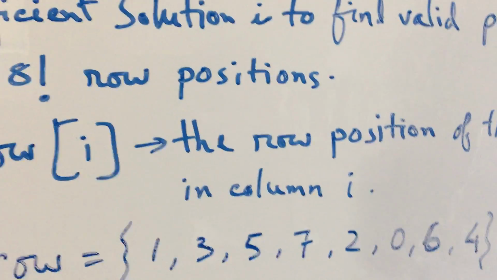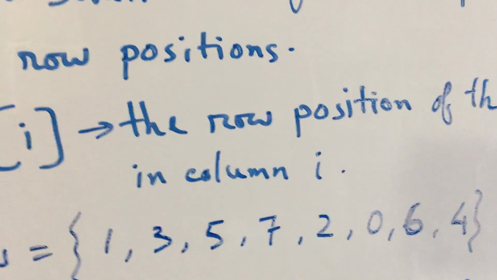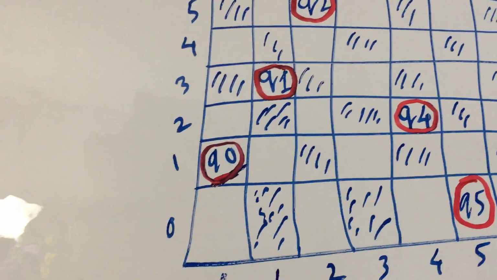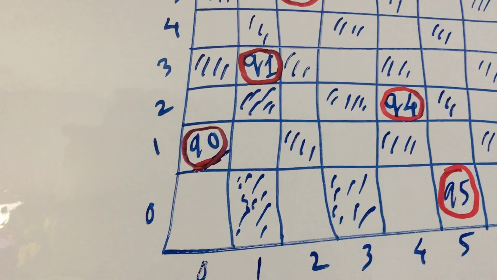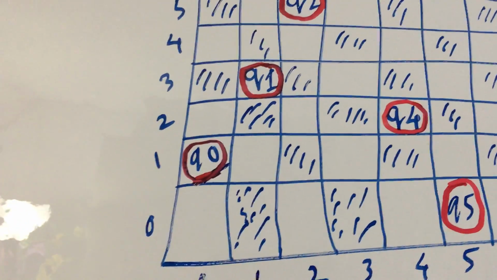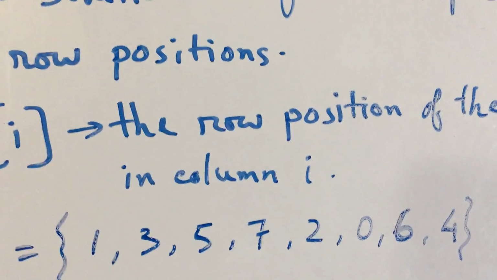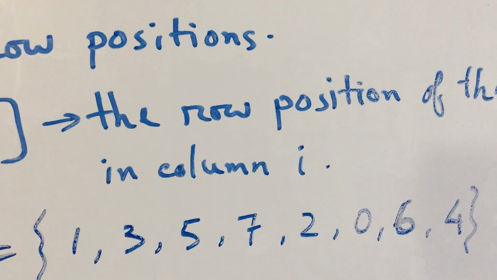The next queen is at column index 1 and row position 3. So at row position 3 for column 1 we have the next queen, which doesn't attack the previous queen. And similarly for the row positions 5, 7, 2, 0, 6, 4,